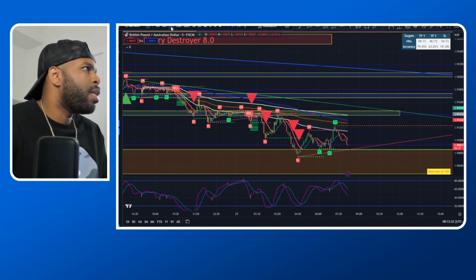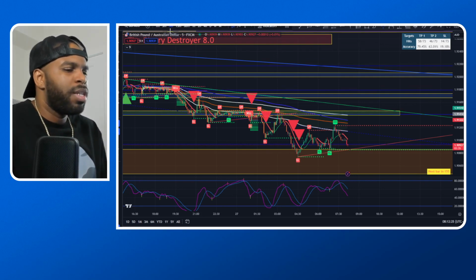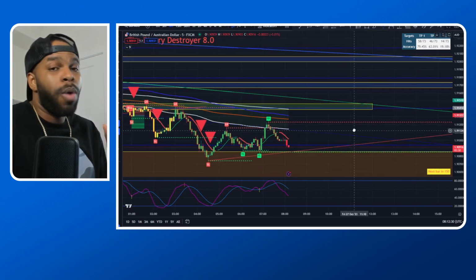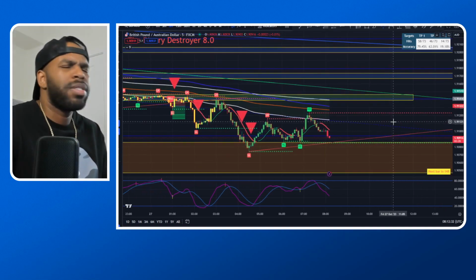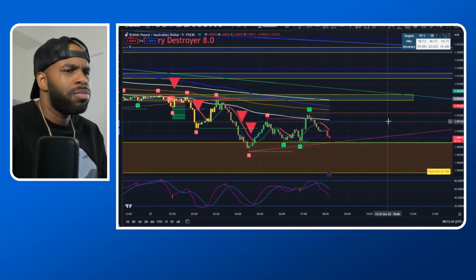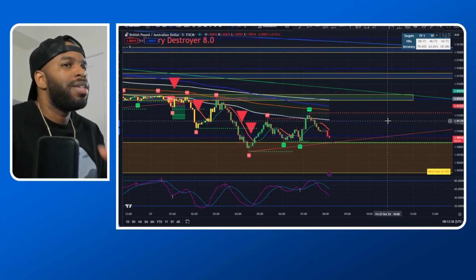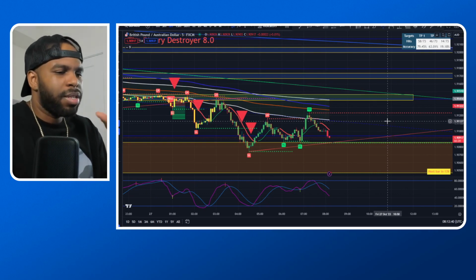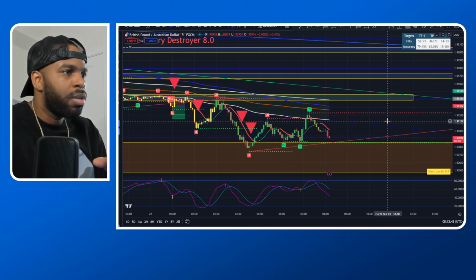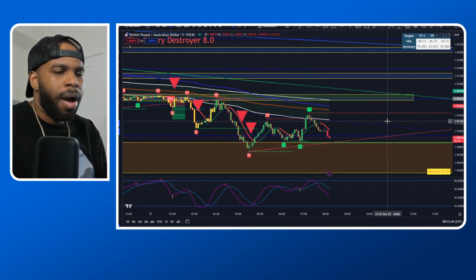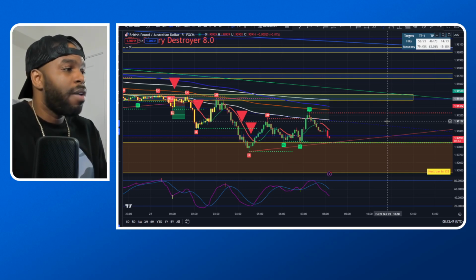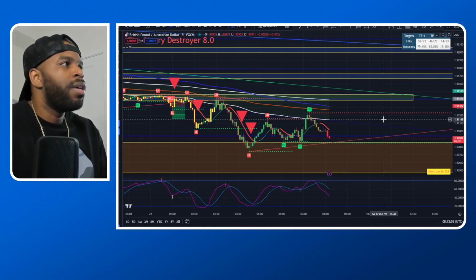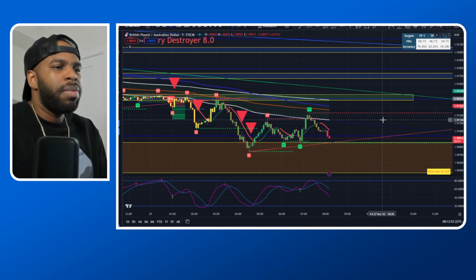All right, but I mainly use the EA on the 5 minute chart, and this is why I'm getting in a lot of trades. Yesterday, I was in over 200 plus trades. Yes, you know why? Because I have it on the 5 minute chart. Each 5 minute candle that closes, for example, I was in RUSD buys, right? Every 5 minute candle that closes green, the EA is gonna automatically get me in